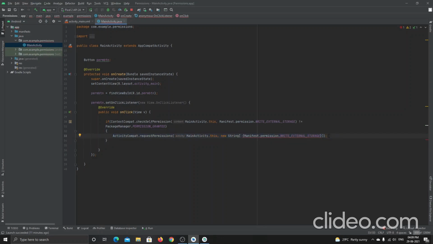And then I want to specify the unique request code.